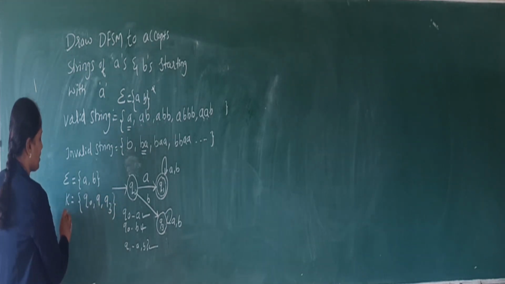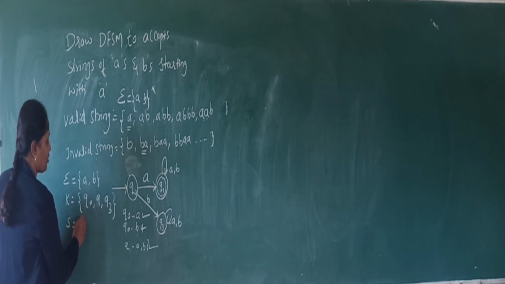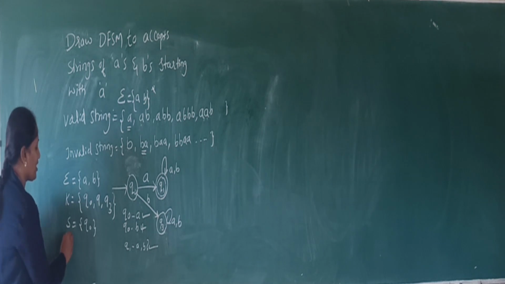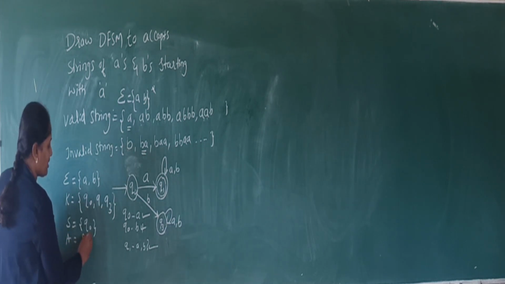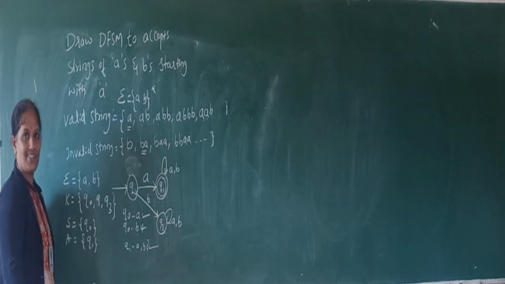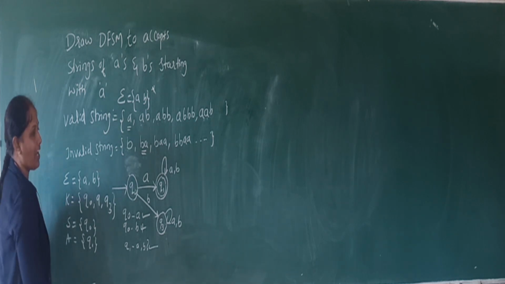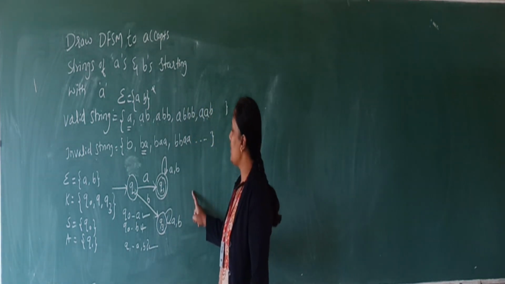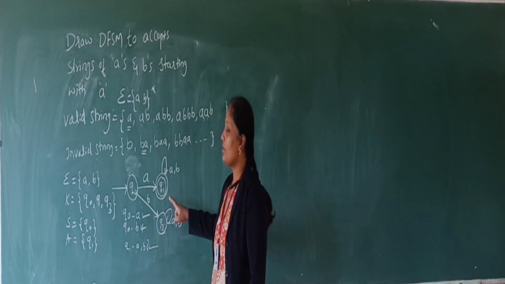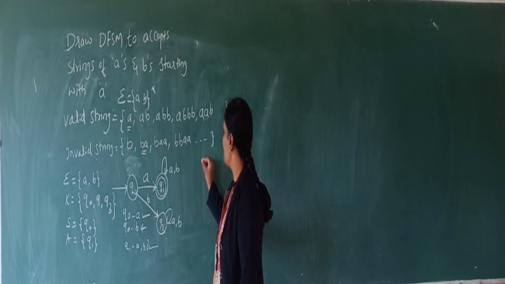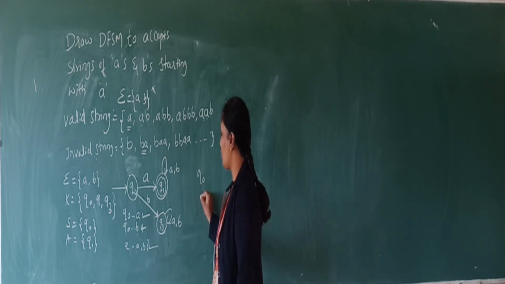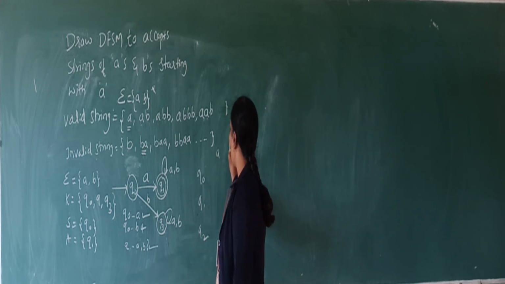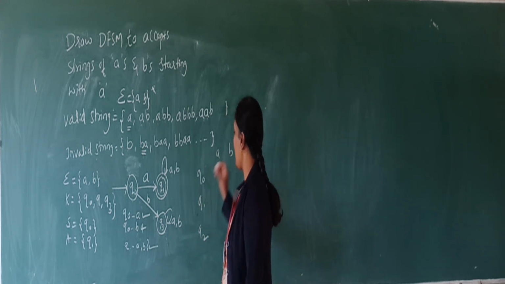Next, the start state is the Q0 state. So I will write the start state here. Next, the accepting state is Q1 here. So this is the accepting state. After that, you should write what? The transition function. So the transition function, as I said, maps states with the alphabet. So the states you are going to write as row values, Q0, Q1 and Q3, and alphabets are the column values. A and B are the alphabets here.